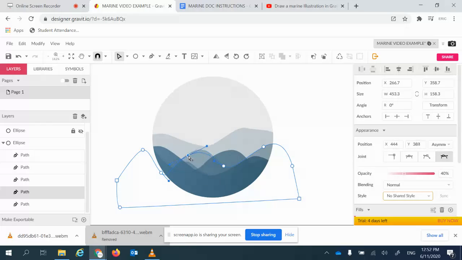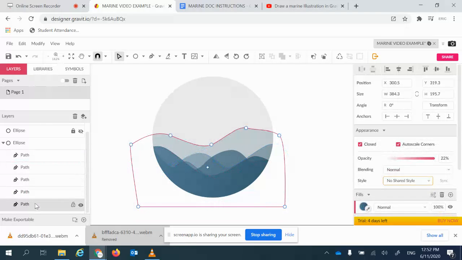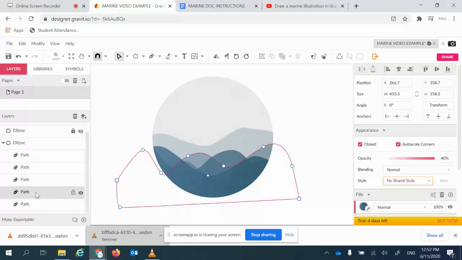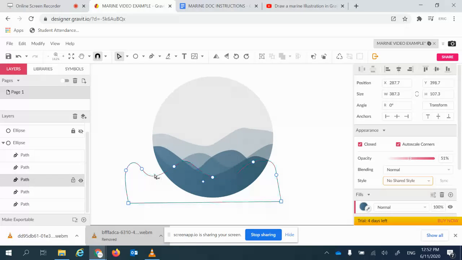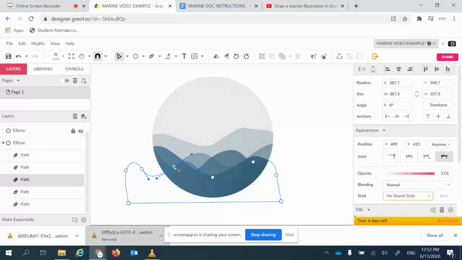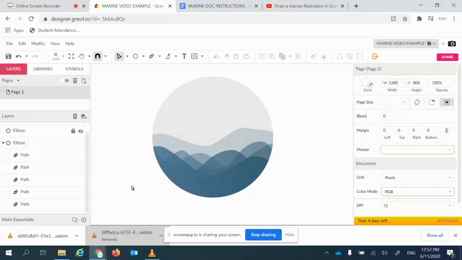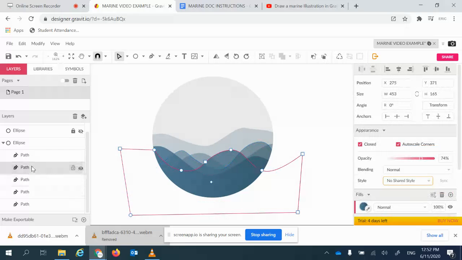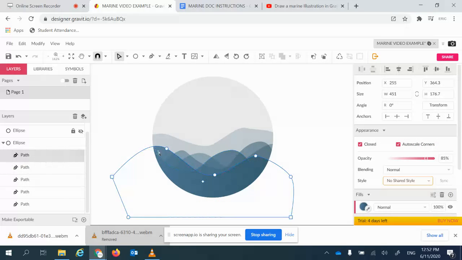Maybe I want to bring it down a bit. That one's okay. That one's okay. Maybe this one I want to bring up a bit. And like this, maybe. And like this. Okay, so you can really just click on each one and then use that sub-select tool to adjust any of